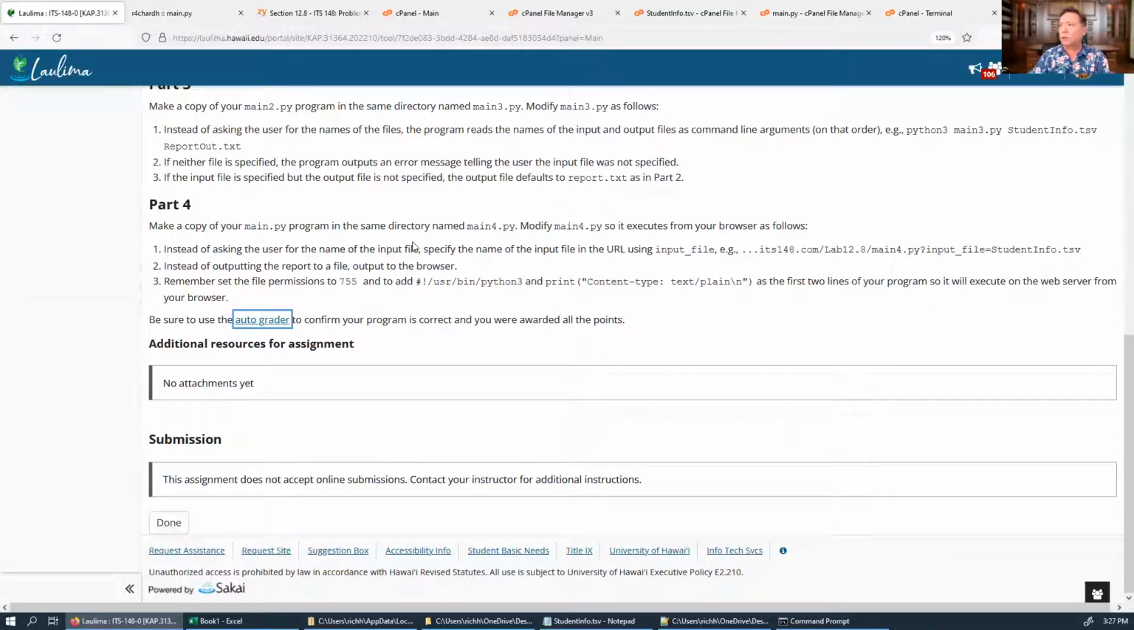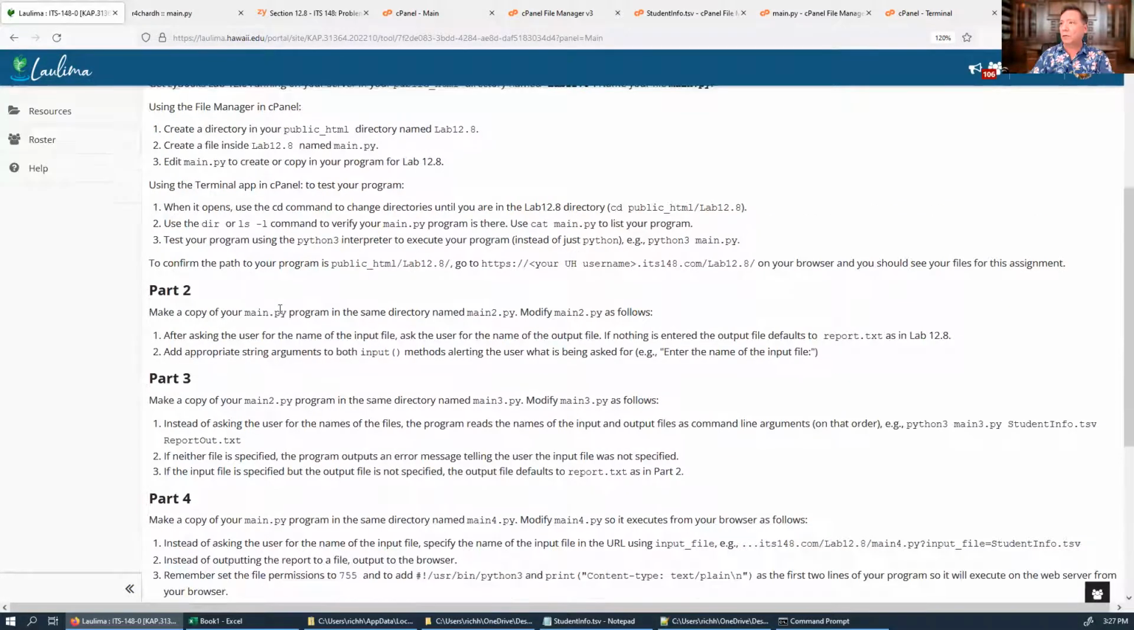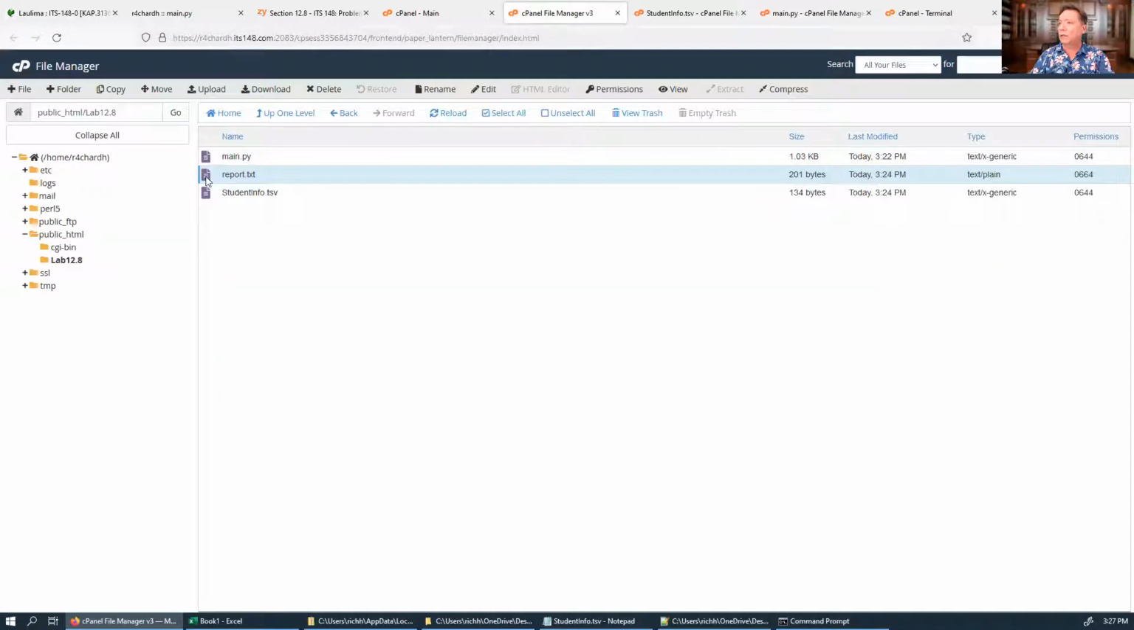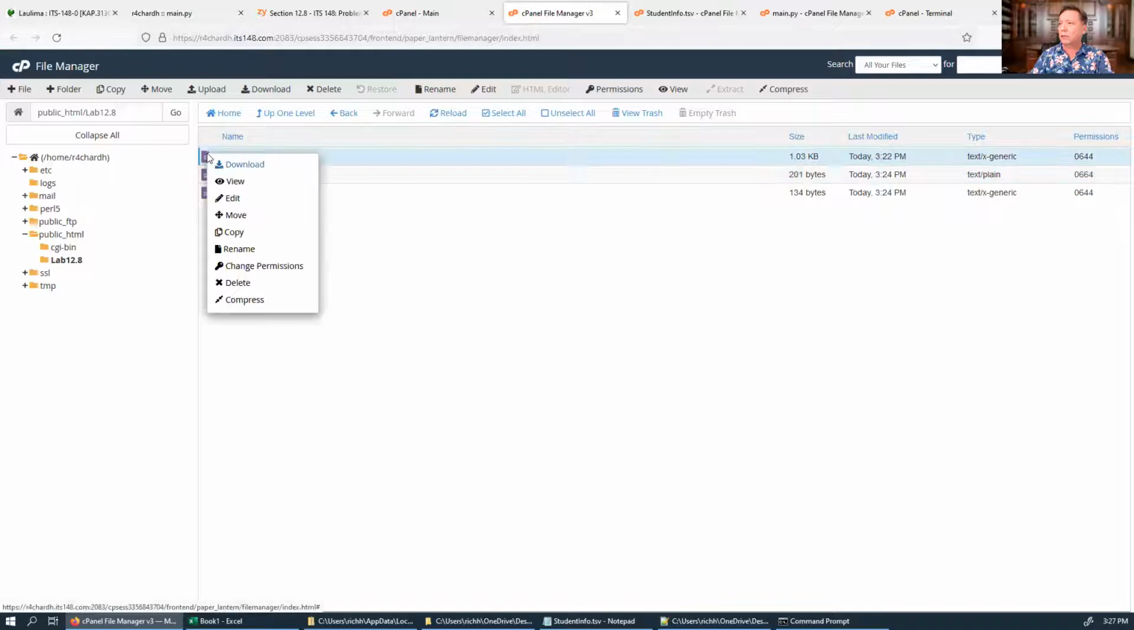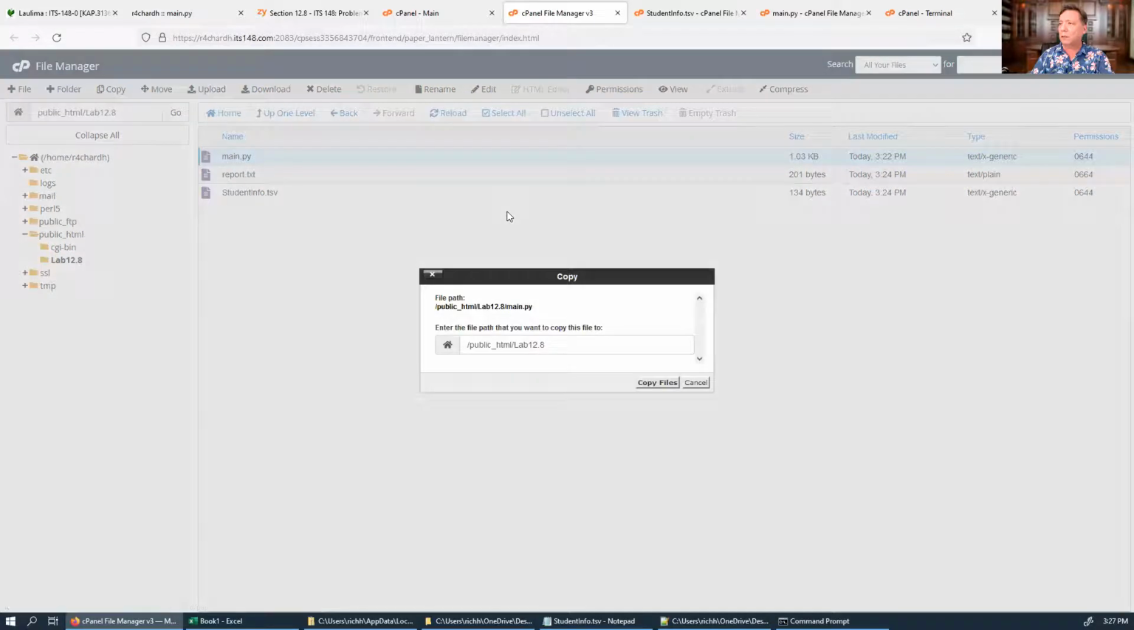And what time is it? It's 3:27. So let me just quickly do the other three. Okay, so part 2 means you change it so it asks for the output file, and it actually says this in the input file. So what you do is you go over here and you take this and you right click and you make a copy